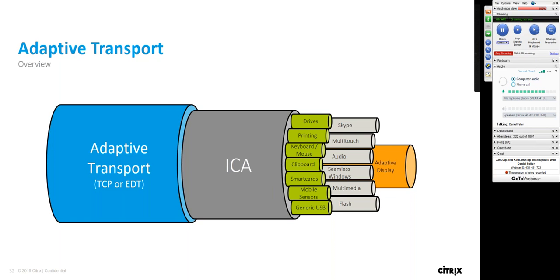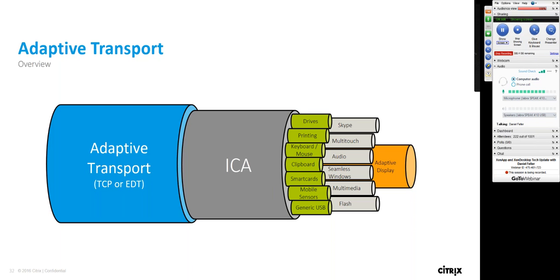Honestly, most of us always looked at adaptive only at the app layer, the very top layer of the TCP/IP model. Now they keep making improvements to the virtual channels, the codecs, the adaptive display and all these other things. But it's the transport now which is killing us on the WAN. So let's change that. Let's come out with our own to solve some of these issues that we have on